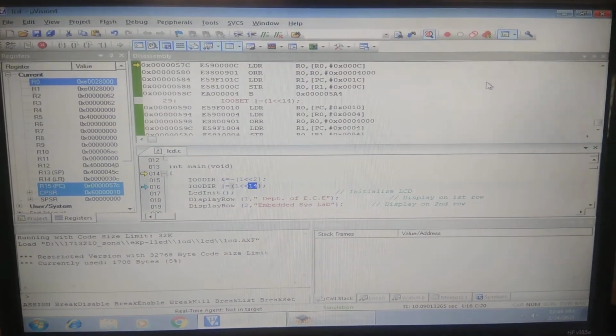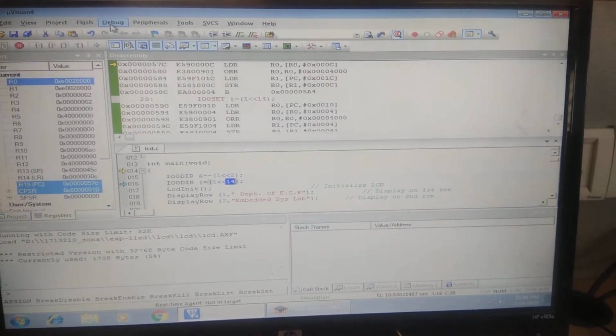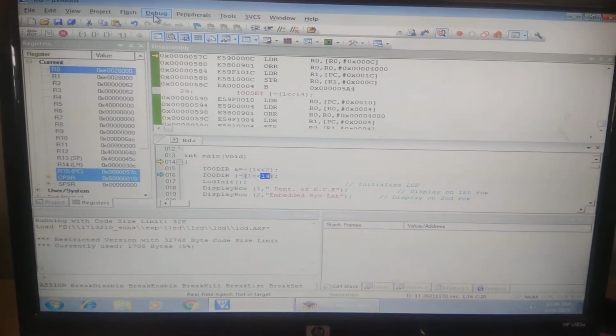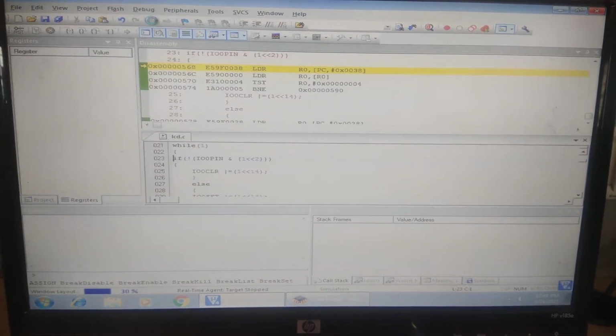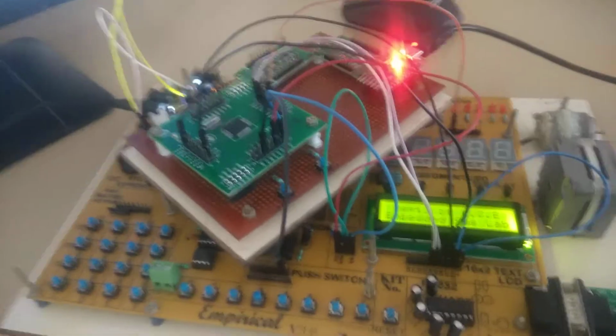Next I'm going to show you how to execute your LCD program by establishing the connection in your kit. So I stop the debug session. This is the connection of your LCD interfacing. I will show you one by one.